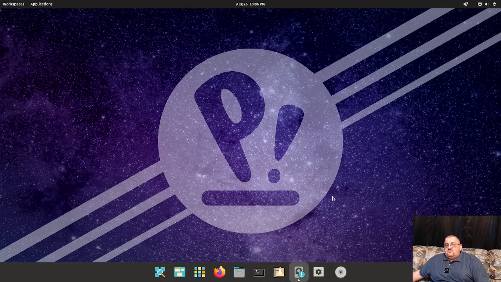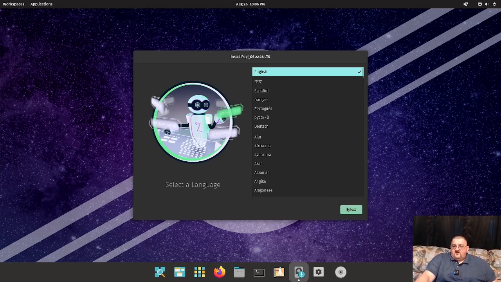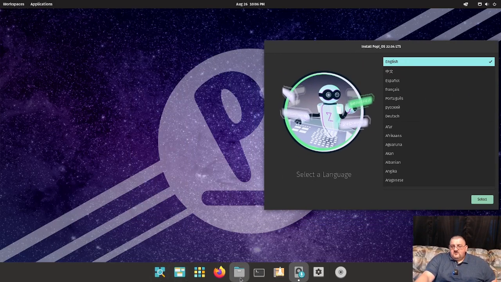So we're loading into the live environment right now, and from the live environment you can actually do a lot. Right now this is in real time. And we have the mouse pointer now, which you couldn't see because it was behind my head. From this live environment, we can actually do quite a bit. Now it's going to automatically jump into doing the install, but I'm just going to set that aside for now. But from here, I can go into Firefox